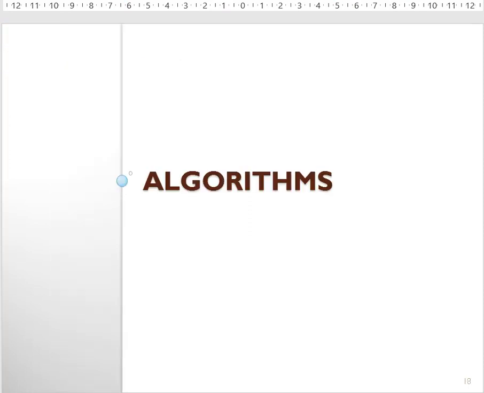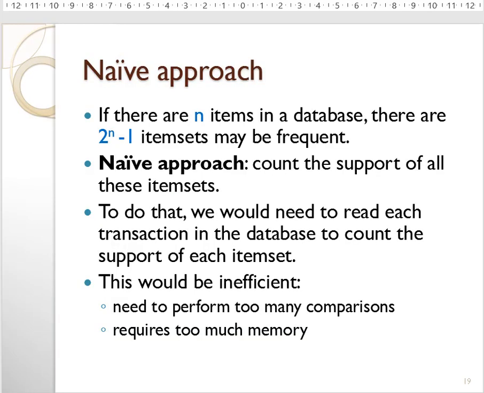Okay, so now I would like to talk to you about some algorithms to find the frequent item set. Before I explain one algorithm called Apriori, I want to talk to you about the naive, the simple way to solve this problem. If we want to find the frequent item set in a database, the naive approach, the simple approach,